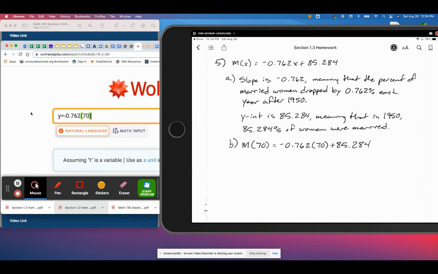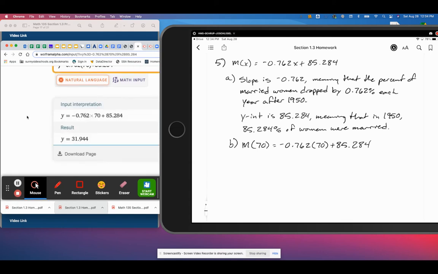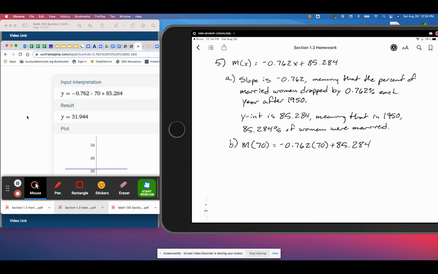And so we've got to put a 70 there, plus 85.284. And so it looks like it interpreted it correctly. It looks like this is predicting that M of 70 is going to be